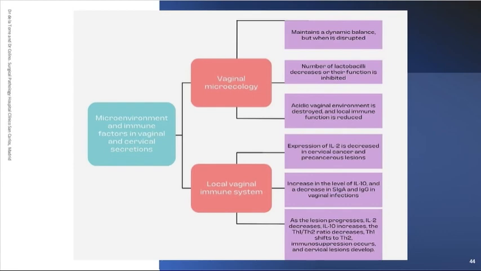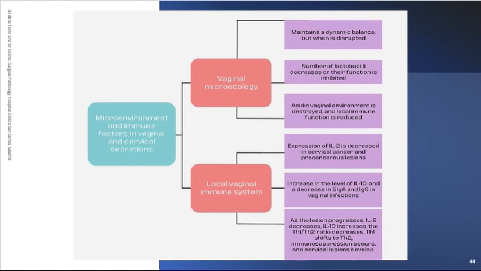It has been observed that the expression of IL-2 is decreased in cervical cancer and precancerous lesions. There is an increase in the level of IL-10 and a decrease in secretory immunoglobulin A and immunoglobulin G in